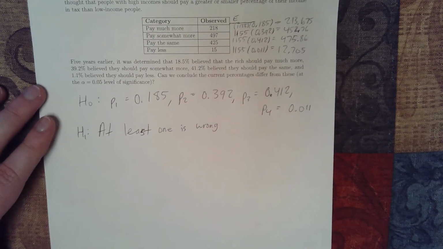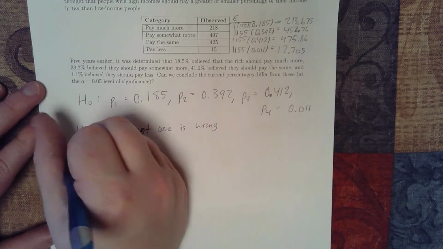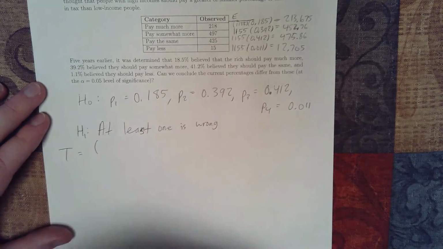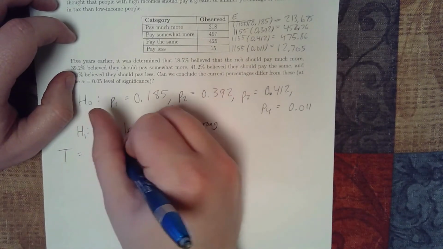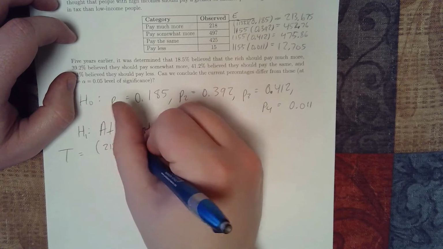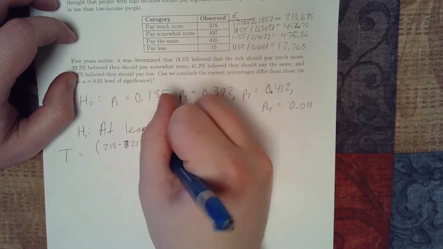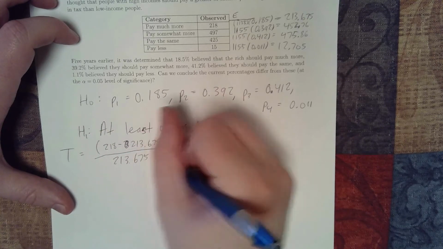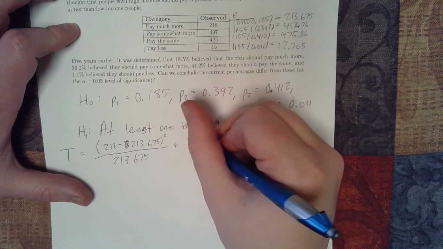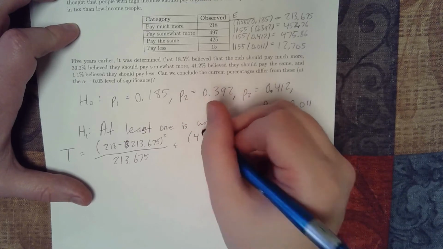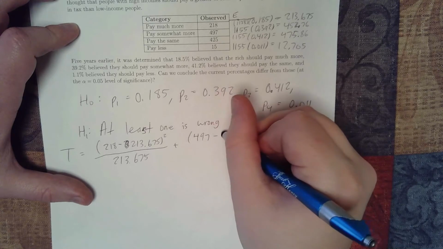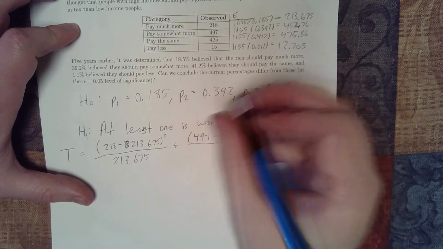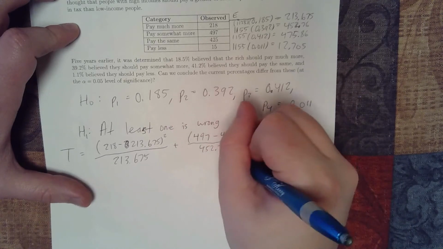So what we'll do is we'll go ahead and calculate our chi-squared test statistic. That'll be, in this case, all these observed minus expected, squared, divided by the expected. So 218 minus 213.675 squared over 213.675, plus 497 minus 452.76 squared over 452.76,